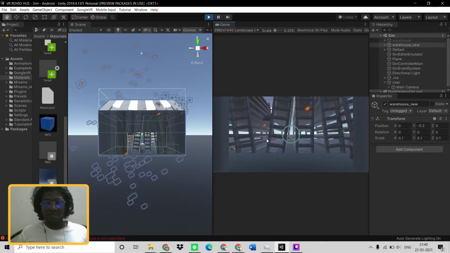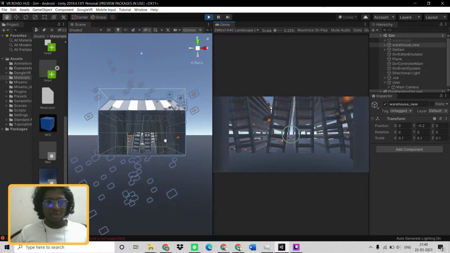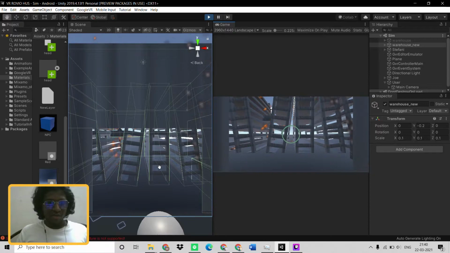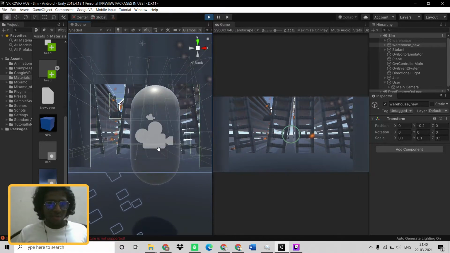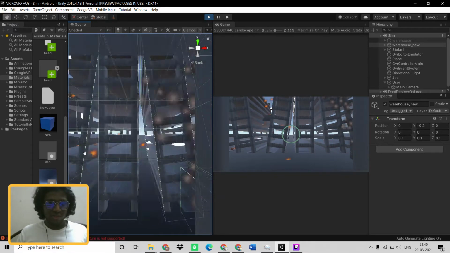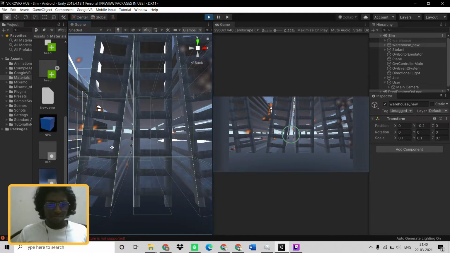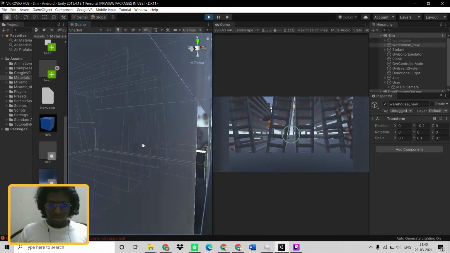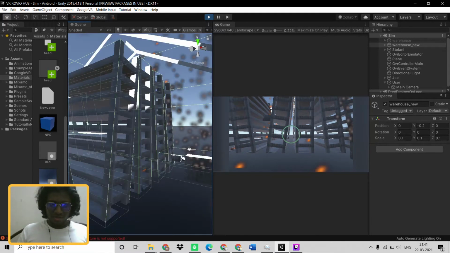As you could see, this is the simulated environment we have created. This is a warehouse where an accident has happened. There are two robots, as you could see. Can you see it?